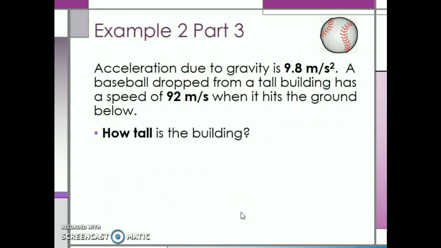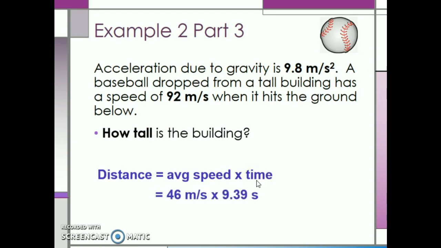Last, we want to know how tall is the building. The height in this case would be the same thing as a distance. Since we have uniformly accelerated motion, our distance is equal to the average speed multiplied by time. We found that the average speed in the last part was 46 meters per second, and we found the time in the first part, which was 9.39 seconds. Multiplying 46 meters per second by 9.39 seconds, we see that the total distance or height of the building is 432 meters. To give you an idea of how tall this is, we're talking roughly the same height as the Willis Tower in